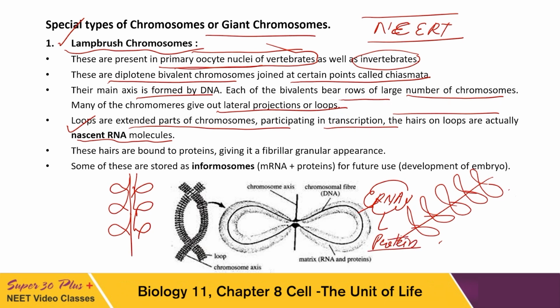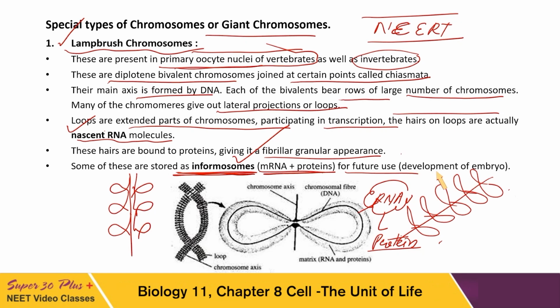At the time of development, when the zygote will be busy in so many works, to facilitate its work in advance, this messenger RNA has been synthesized, known as nascent RNA molecule. These are bound to protein, giving a fibril granular appearance, and some of these are stored as informosomes, an important term, that is messenger RNA plus protein, which have already been synthesized well in advance and which will be used in future